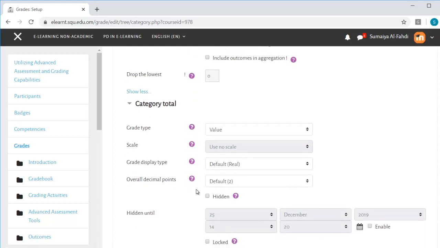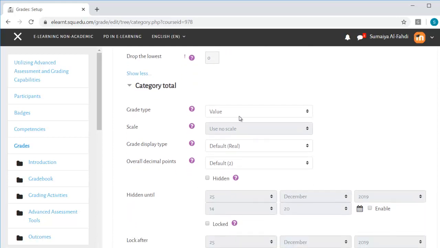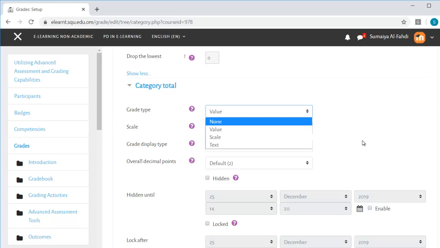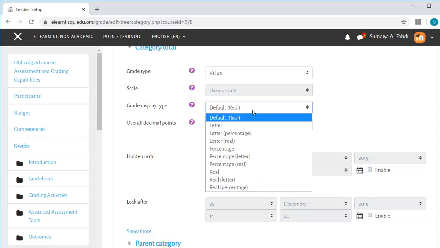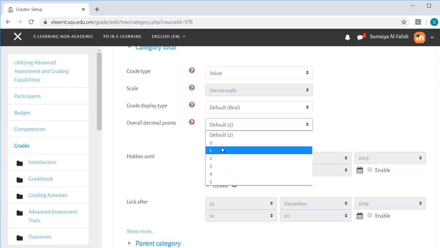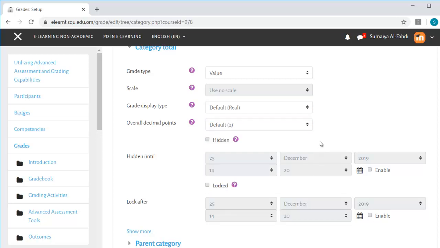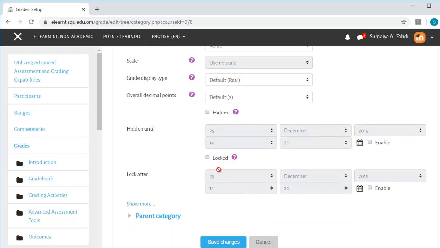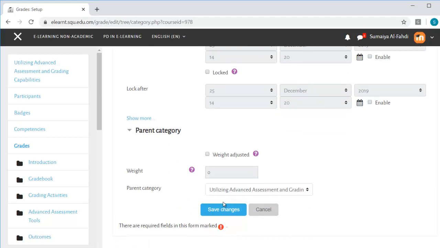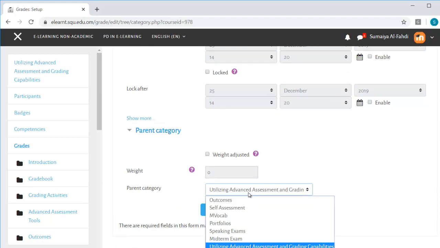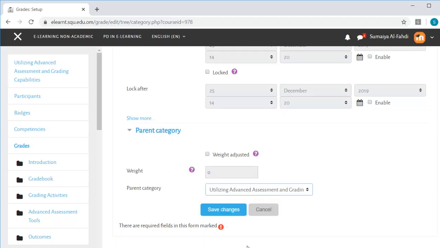For the category total, we have the same settings. Select the item, you choose the grade type, value, scale or text, and then you choose a display type, letter, percentage or real, and you choose how many decimal points to view, and you can choose to hide or lock this category. Of course, you can also choose your parent category, which I will choose the course parent category. Then I will save the changes,